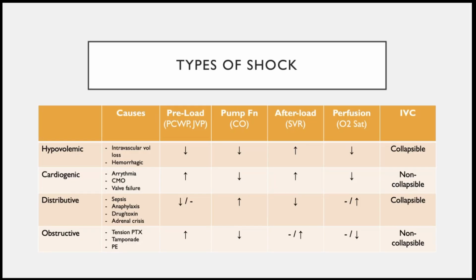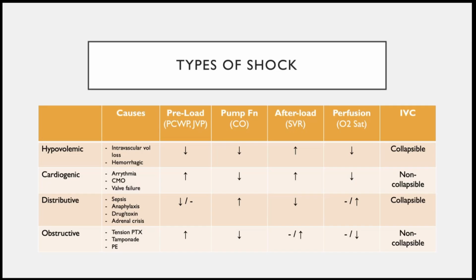So there are four big categories of different types of shock we'll briefly go over. So the first one is hypovolemic shock. This can be caused by intravascular volume loss or hemorrhage. We'll really be focusing on the pump function or the cardiac output, and the IVC as a surrogate for central venous pressure. So as you can see in hypovolemic shock, we have a decreased cardiac output with a collapsible IVC